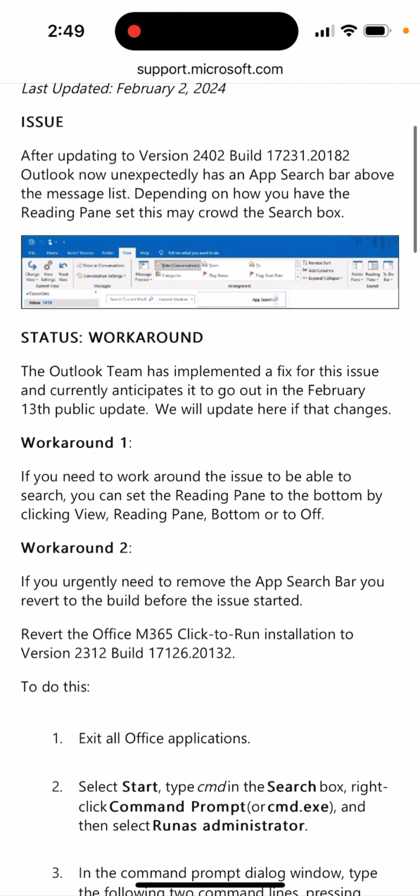So that's good news. They acknowledge that this is a bug. This is not some weird thingy with your laptop or your old Microsoft account, whatever. So there will be an update on February 13th or later, so you can just wait. But if you don't want to wait,